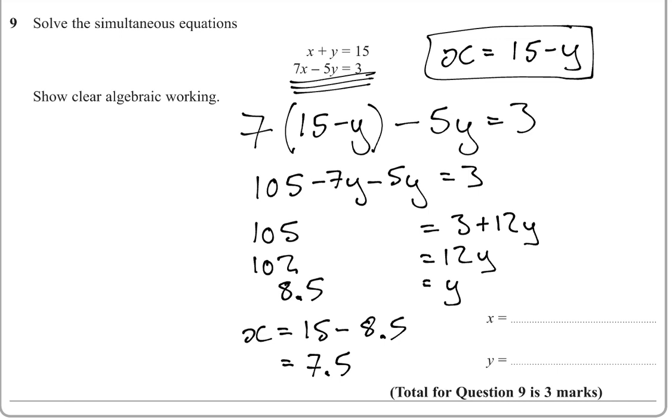Yes. 8.5 plus 7.5 is 15. Tick. It works in that statement. Second statement, 7 times x. I'm going to need my calculator. 7 times 7.5 minus 5 times y, which is 8.5, equals